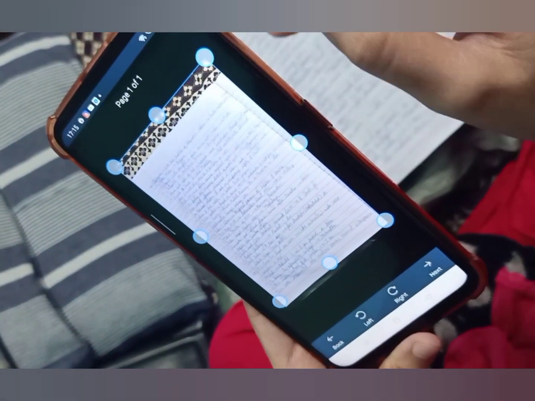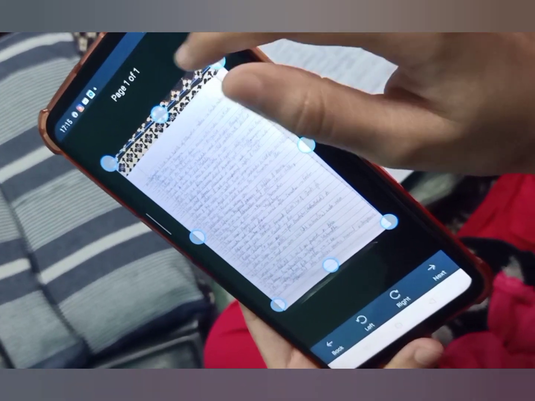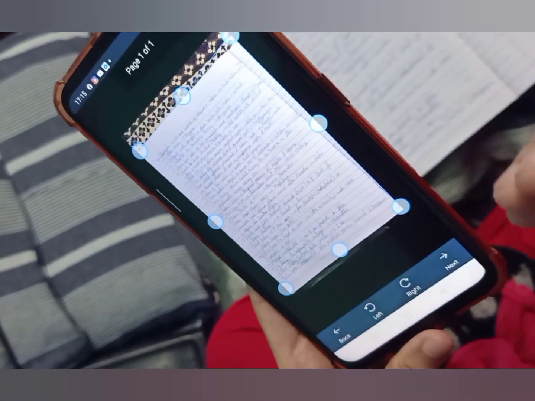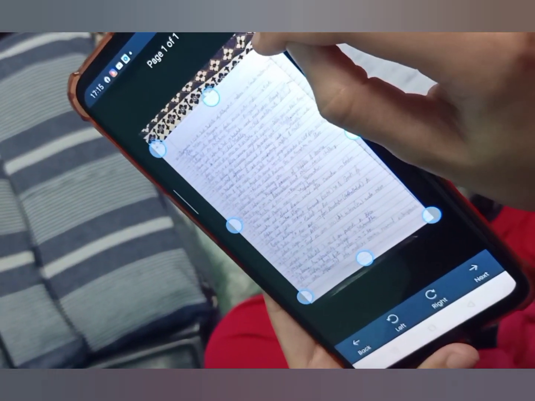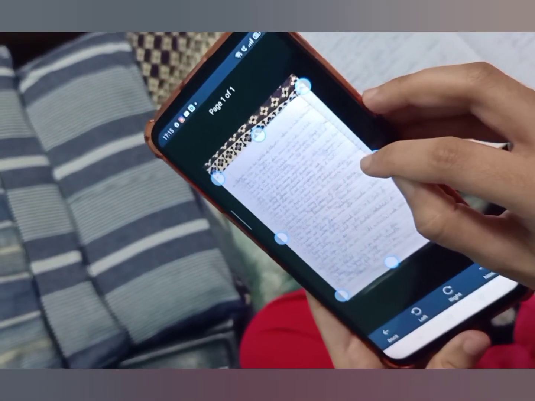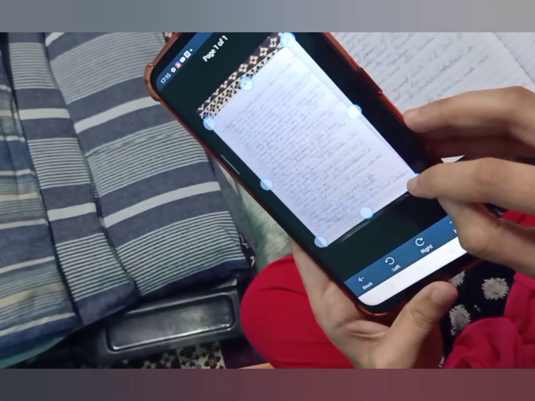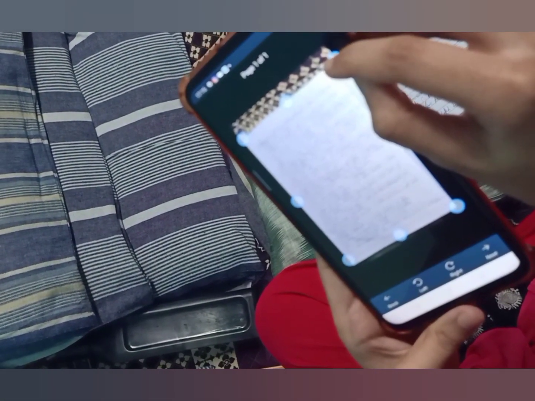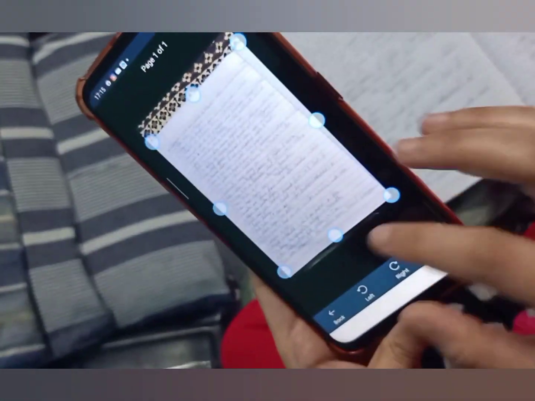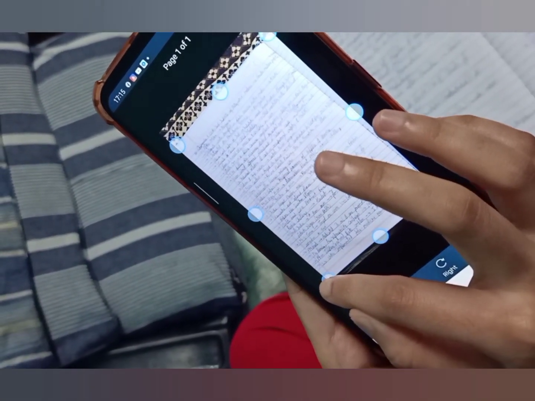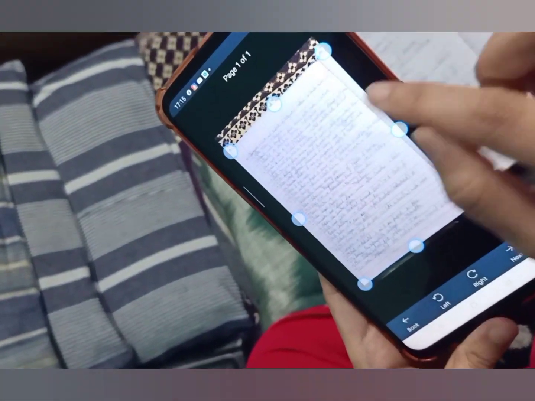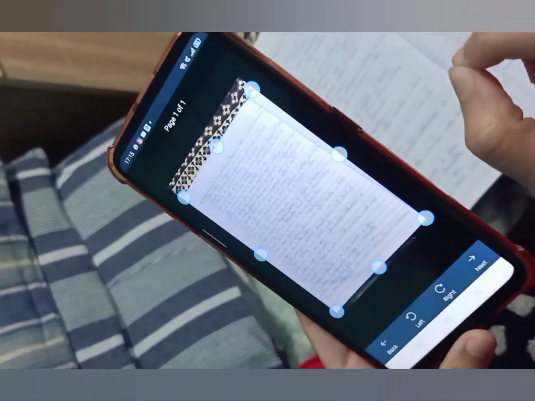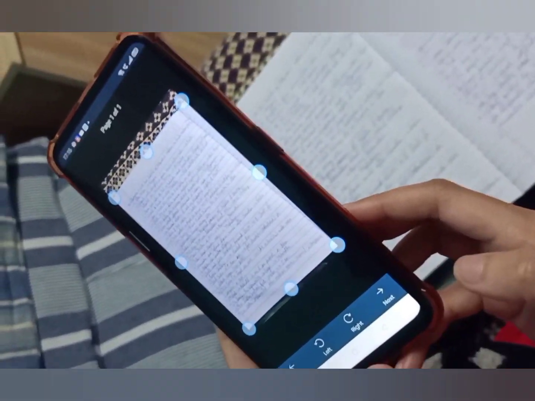Just these three dots are being displayed over here. I will crop it so that I get only the content. Crop it accordingly, just like how you crop your images. This is a very simple step, and anyone can crop it. Crop it carefully so that every word written by you comes in it. The image should include only the book or the content written by you. Okay, now I am done.